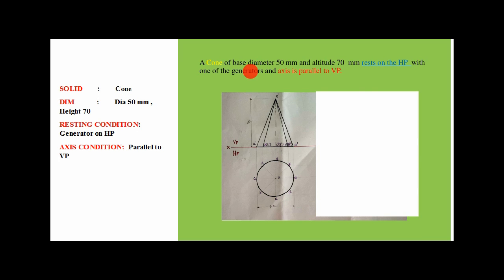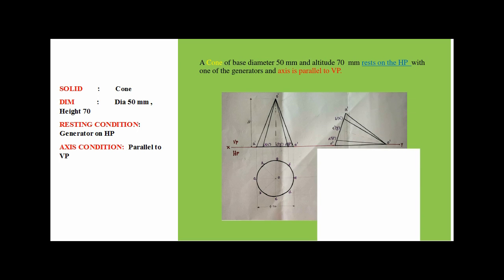If the axis is inclined to the HP, in the first stage make the axis perpendicular to the HP. So you will be getting the true shape in the top view. So draw the top view first, then project the front view. Now since the generator lies on HP, I have decided to tilt the solid on the right hand side. Measure the distance between E dash to O dash. Then draw a line such that this line is equal to the distance we measured.